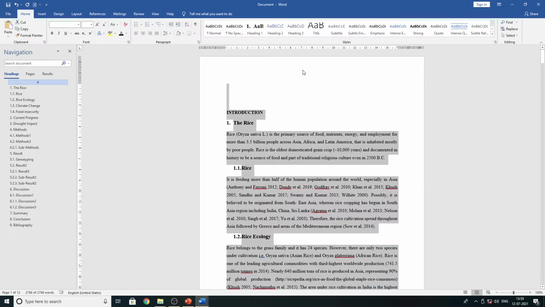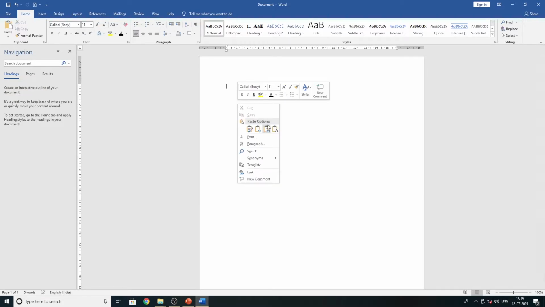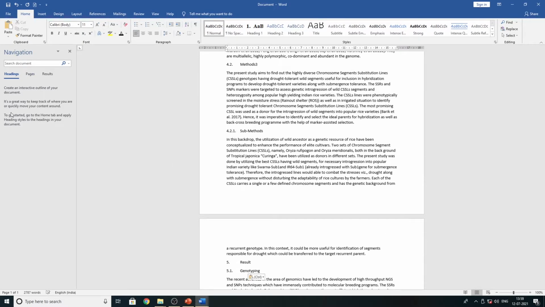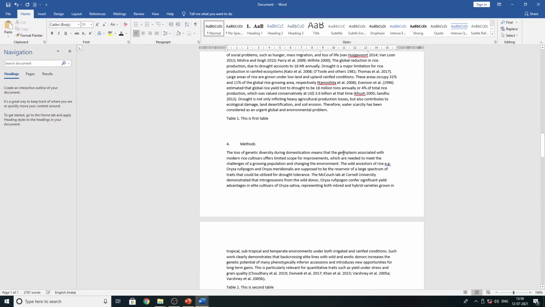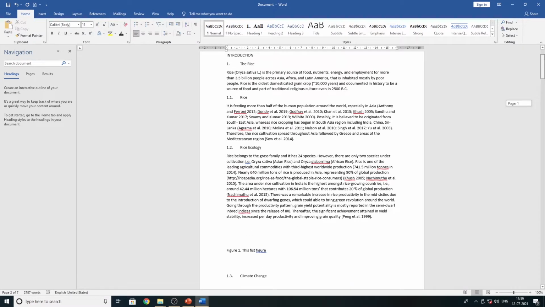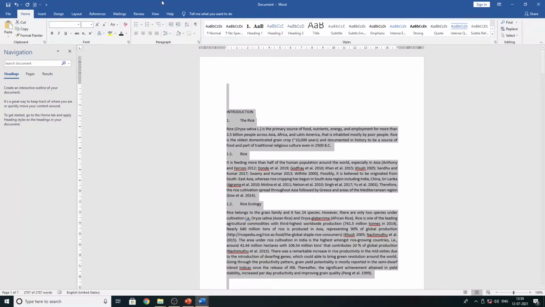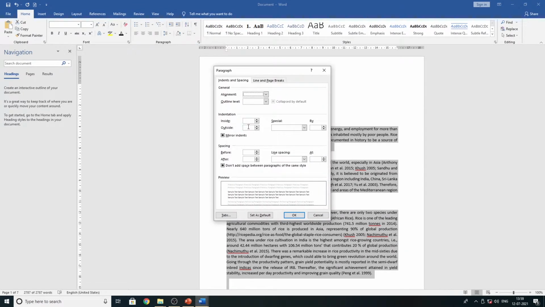And another way is that I'm going to clear all these headings here. See, normal text is there, just like nothing is mentioned in your navigation pane. So I'm going to add headings manually. First, page setup. I'm going to set the page and inside indentation 6, 1.5. It's okay.